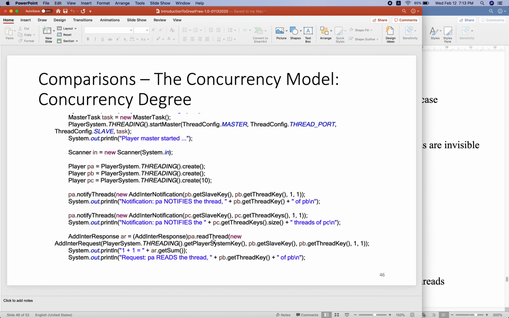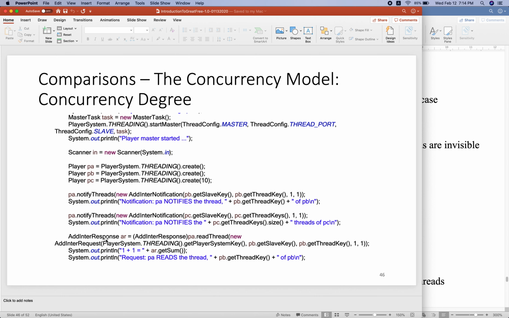That means send a request to another thread. Another thread will get a response, right? Because we get a response after this request is sent. So here we got a response. So among these threads, they can interact with each other through notification and request response.